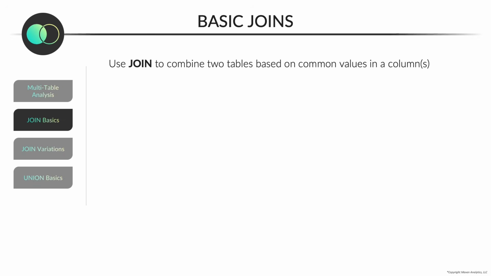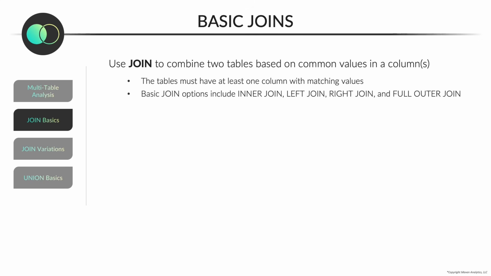Let's start with the basics. First, if you're combining two tables, the two tables must have at least one column with matching values, and then also you get to choose how you want to join the two tables together. So this is called the join type, and you have the option of an inner, left, right, and full outer join. We'll be going through examples of all of these later in this lesson, but let's just start with basic